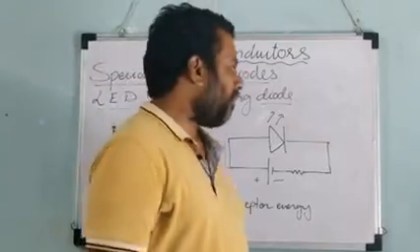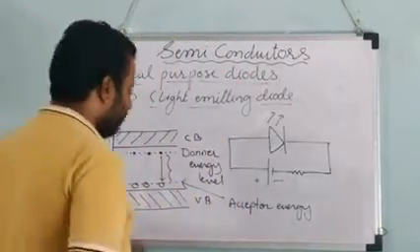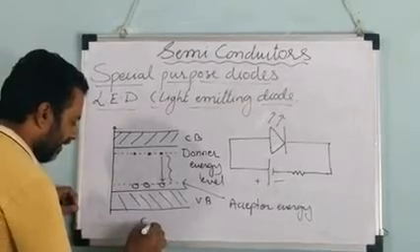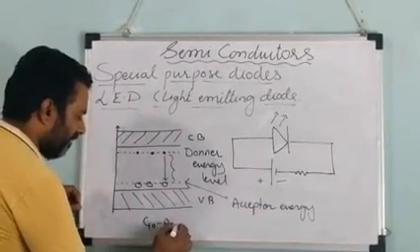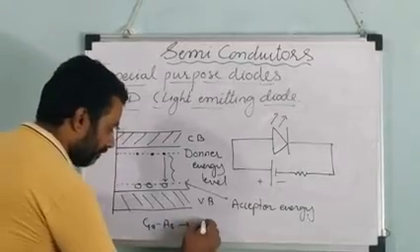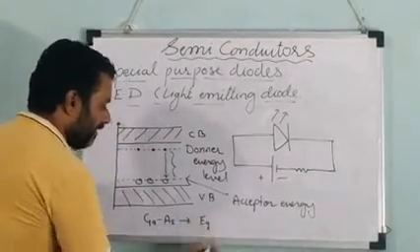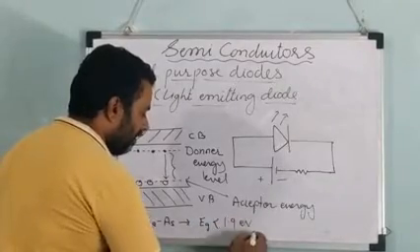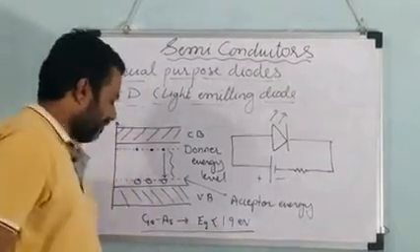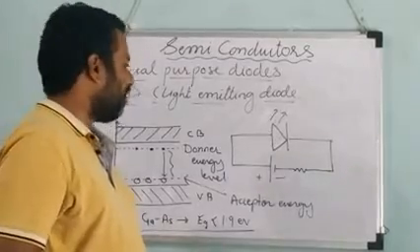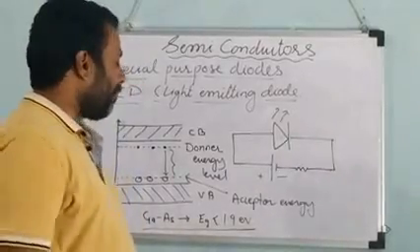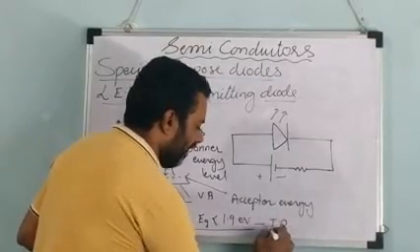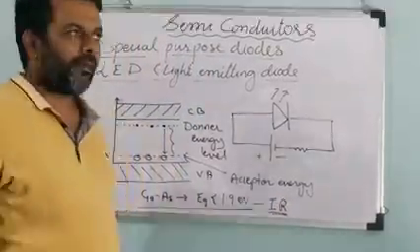Okay, for example, here we use a special semiconducting material which is the combination of gallium and arsenic. Okay, this gallium arsenide has the energy gap which is less than 1.9 electron volt. Okay, this is the semiconducting diode or the LED which is used to produce the infrared radiations. Okay, it is used for the IR radiations.